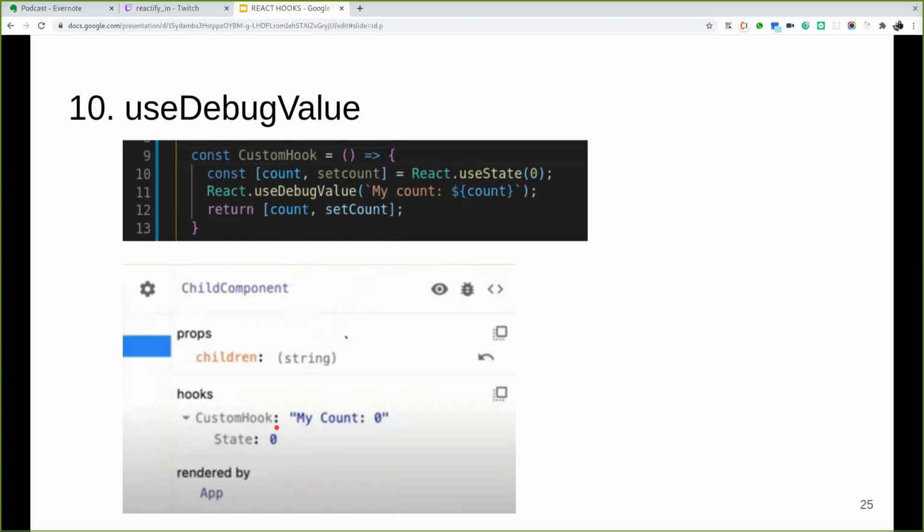We can also format the debug value here, as it accepts a formatting function as an optional second parameter, but it's kind of expensive to derive, so it's highly unlikely to be used. It's also unnecessary unless a hook is actually being inspected in real time. So most React developers don't recommend adding debug values to every custom hook. And as I said, it is mostly used for custom hooks that are part of shared libraries.